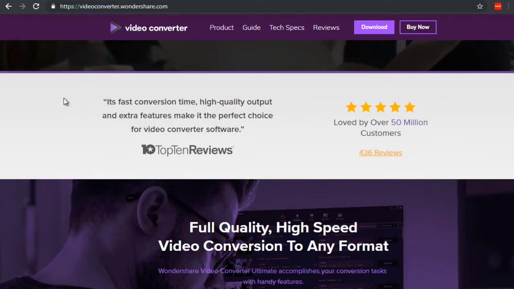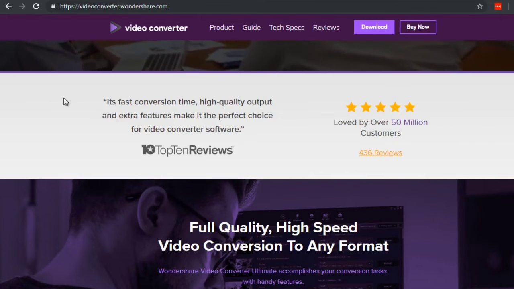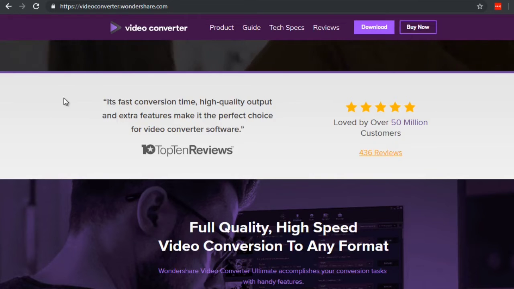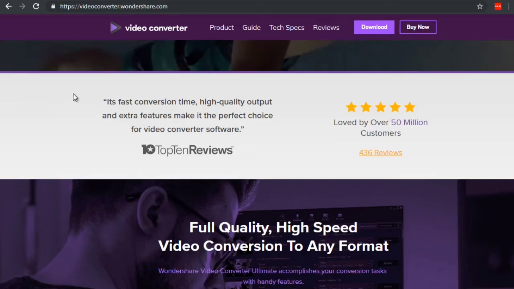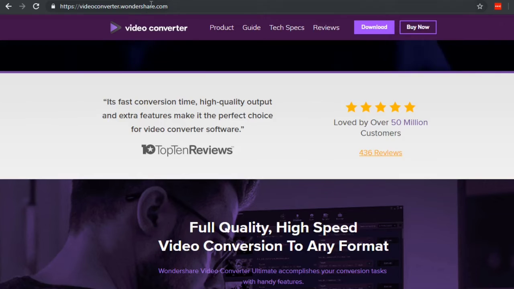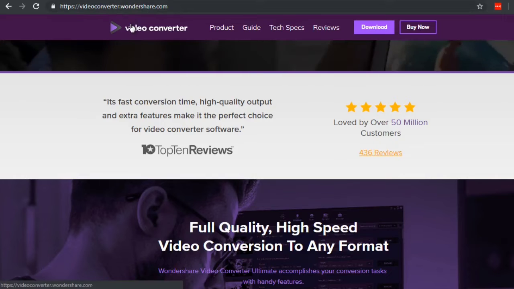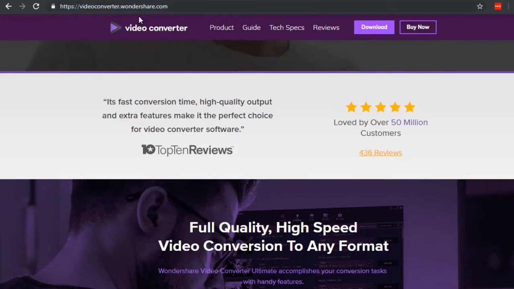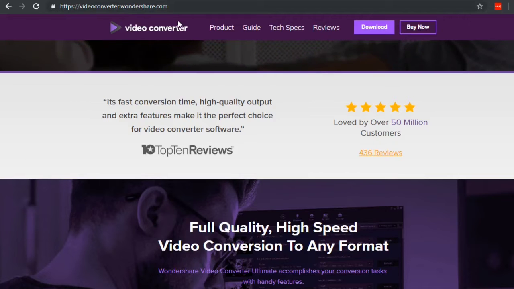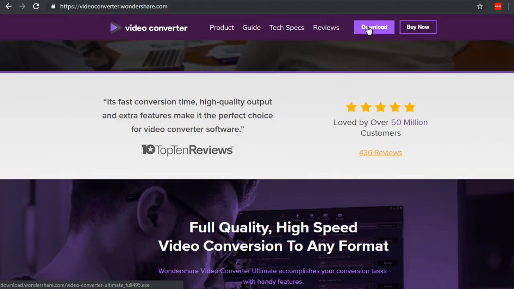Now, it's really hard to find software out there that allows you to embed metadata except for a few. So one of them is called Video Converter by Wondershare, and that is videoconverter.wondershare.com. So if you go here and you go ahead and download up at the top, you will be able